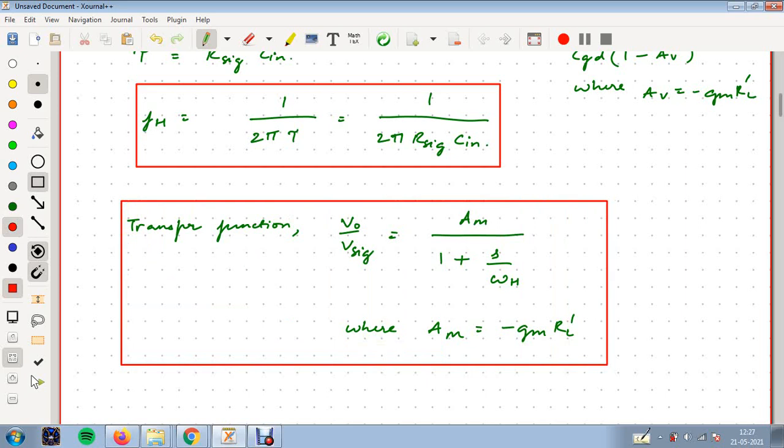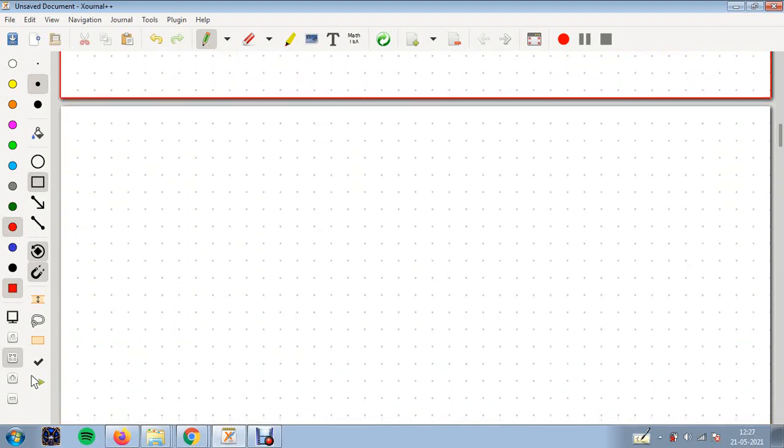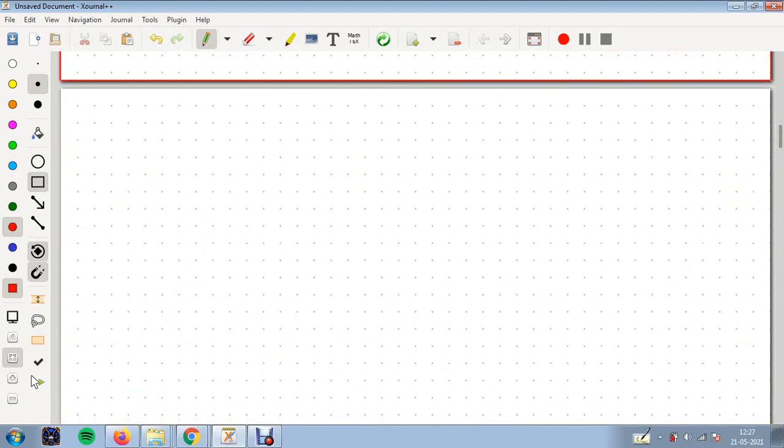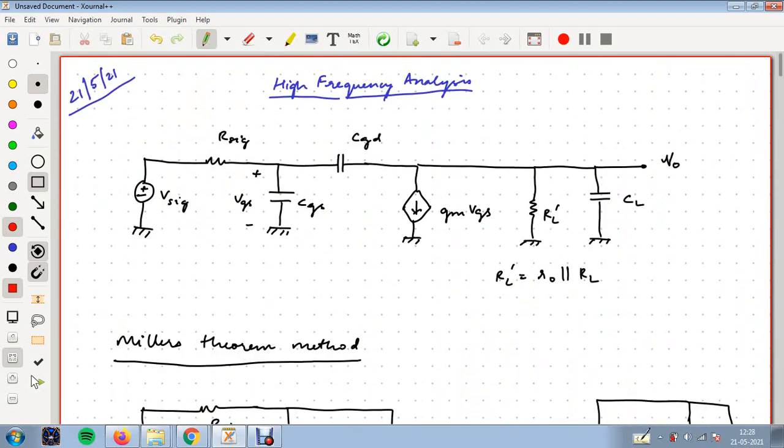Further on, from this we move on to the open circuit time constant. That one is a little tricky. Why? Because you will be employing some nodal analysis there, so kindly pay attention. It becomes quite tricky. So let me first copy this again, as we might need this again.